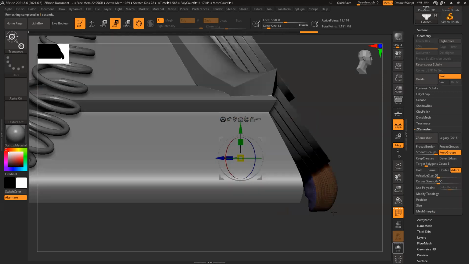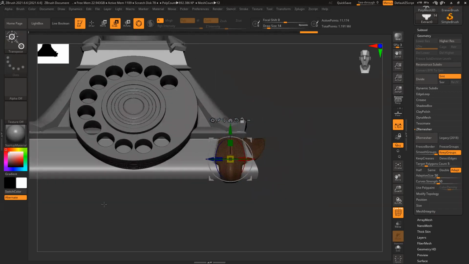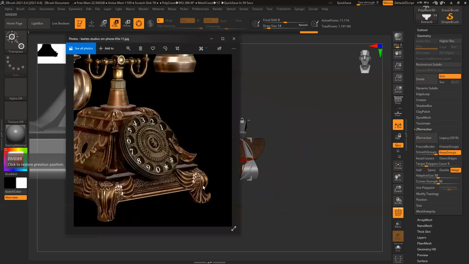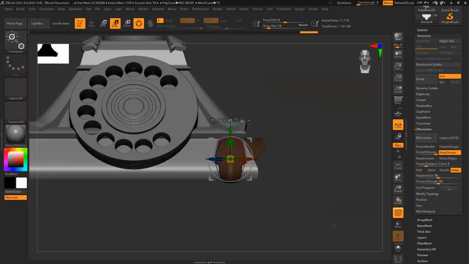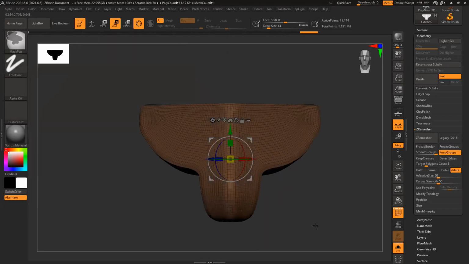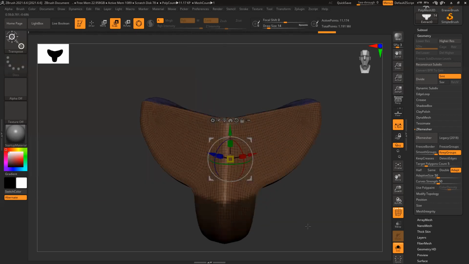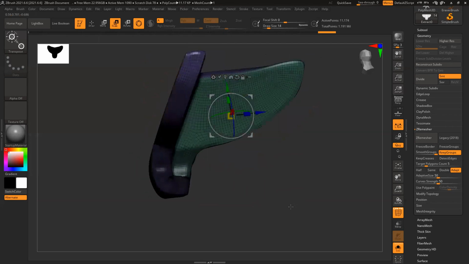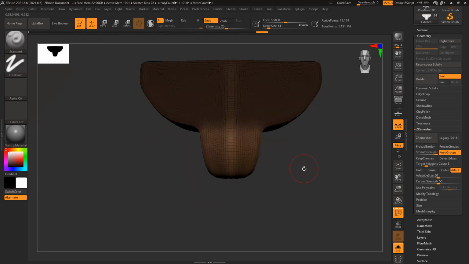Now, this is fine, this is center, but I can see in my reference, this stand, this base is extruded further. So what I'll do for this, control select this section, or maybe, so it's inverted. Control click on the shape, it will blur the mask.